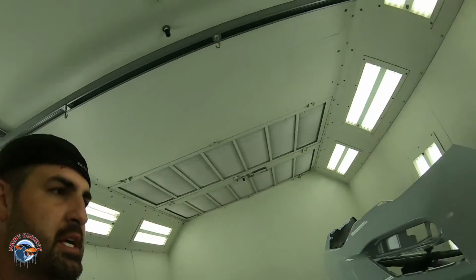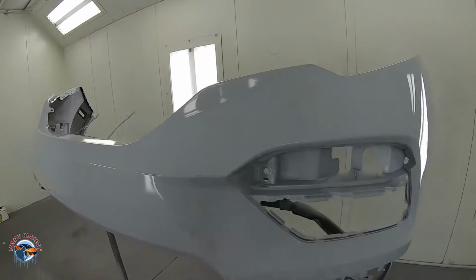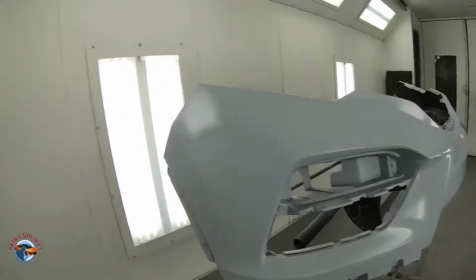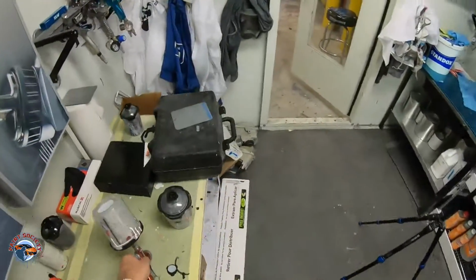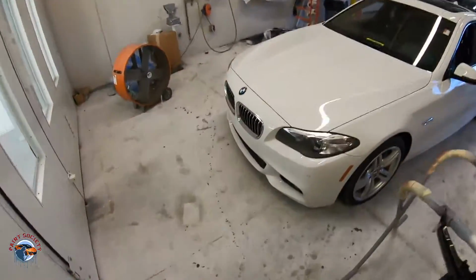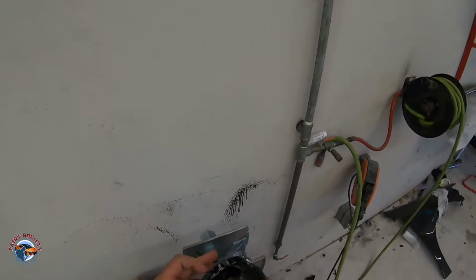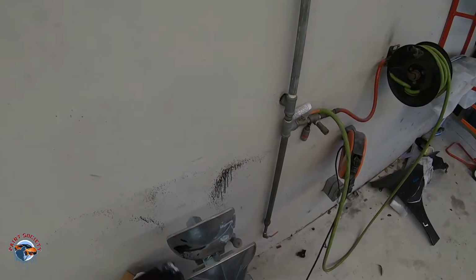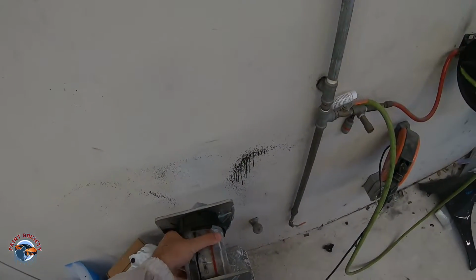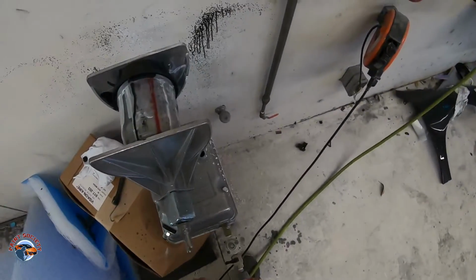So take a look at this. This is glossy right now, okay? It is gonna dry semi-matte. While it's drying, I am mixing paint. I just got that paint mixed up. Gonna throw it here on the mixer. I'm actually gonna use the same gun for base coat. I really like the Tecna. I also love the DV1 for base coat, but just for a bumper, I'm gonna save some time without having to go clean out 2 guns. I can use the same